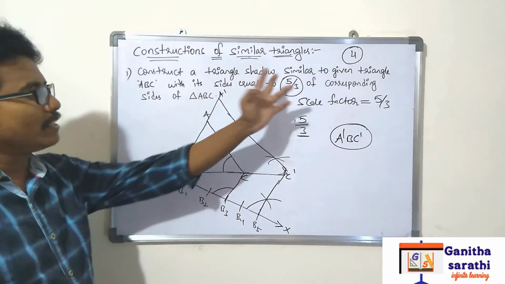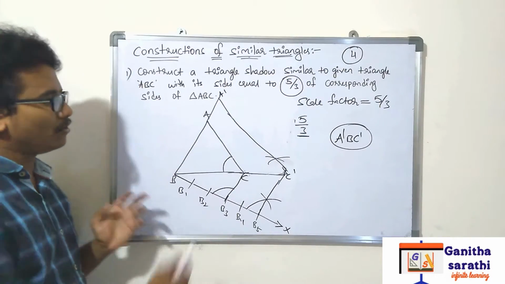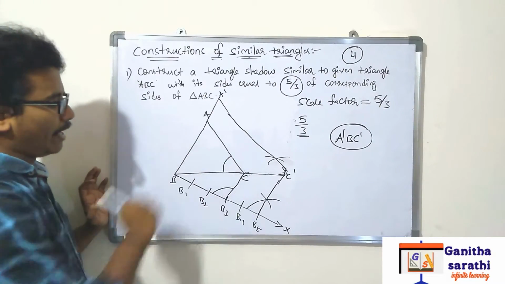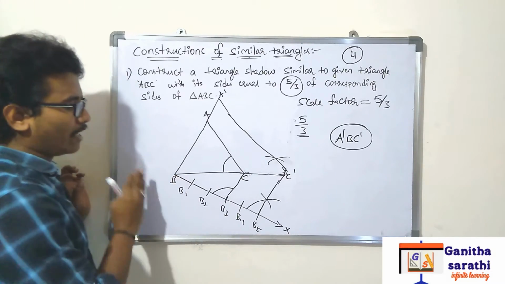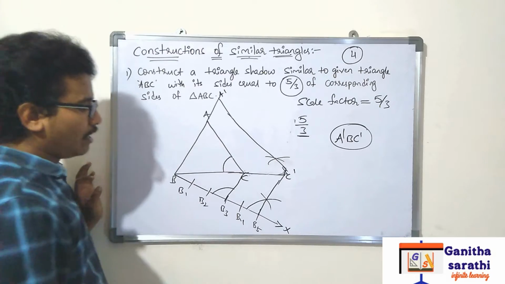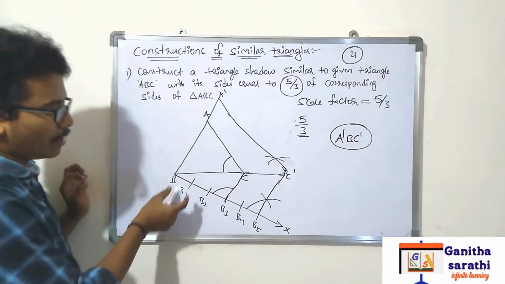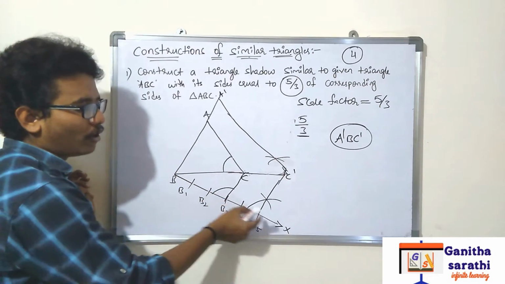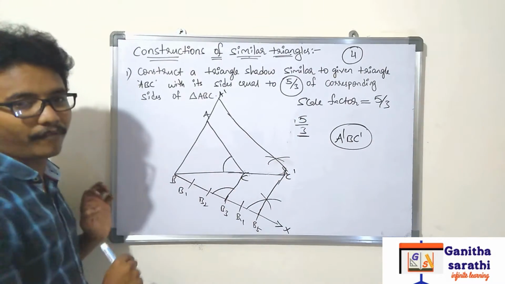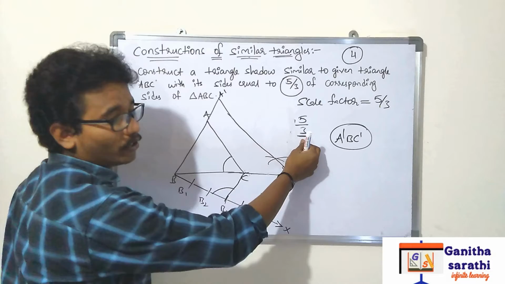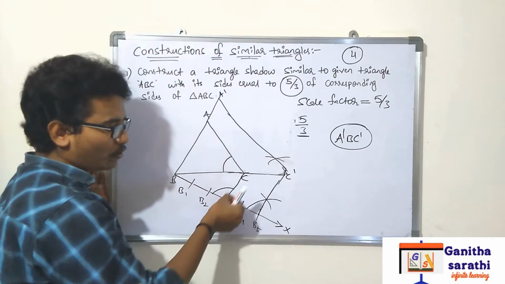Listen once again, he is not giving any kind of measurements now, so draw a triangle like this. After drawing this one, what should you do? Take an acute angle from the exterior of B or the exterior of C, take a compass and take some measurement, and with the same measurement you take all the ratios B1, B2, B3, B4 up to a total of how many parts? 5 parts, B5. Okay, now what is the denominator? 3. Intersect the point to 3.